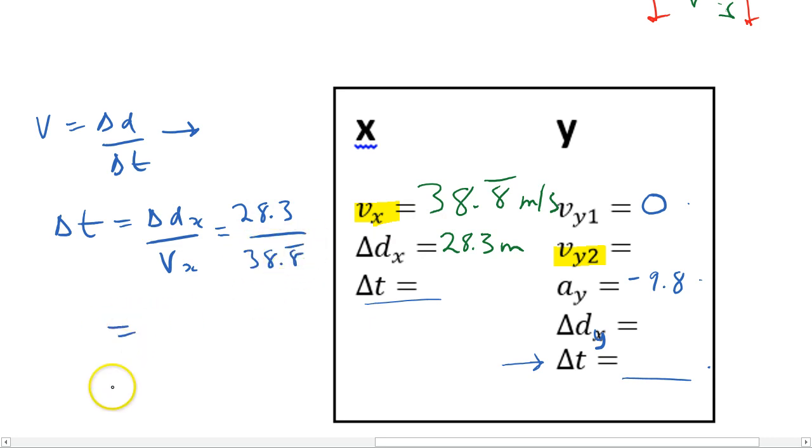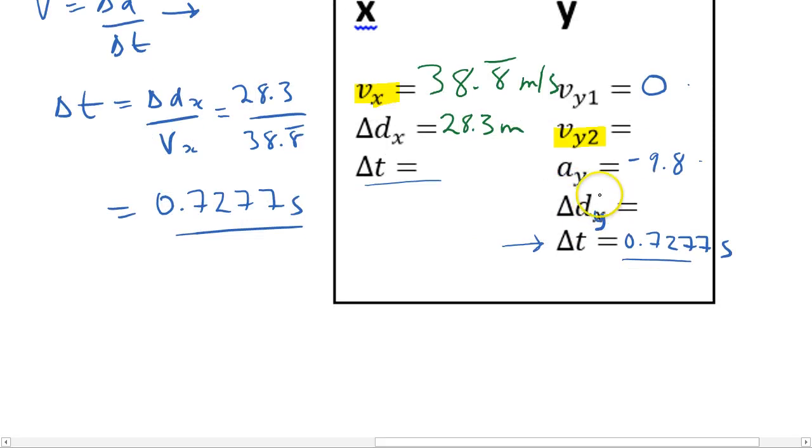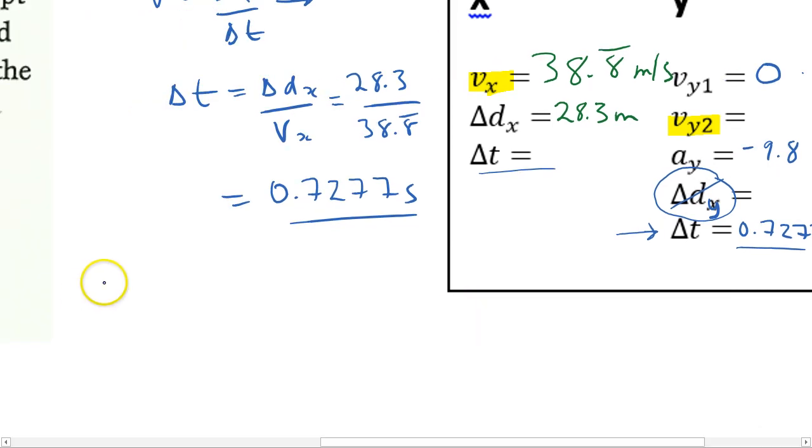And so I get a time of, I think it's 0.7277 seconds, and that's what I'll put over here, 0.7277 seconds. So that's how long it's in the air. Now I can think about, which of my 5 kinematic things does not have delta D in it? It's actually kind of a nice one, so of our big 5, I'm going to use equation number